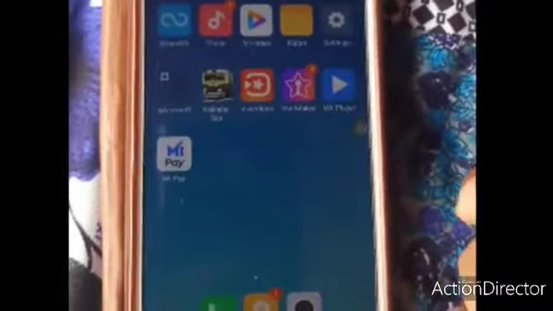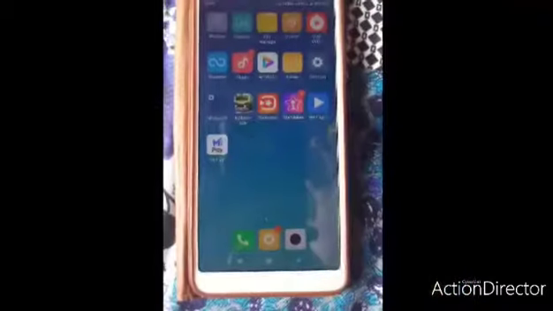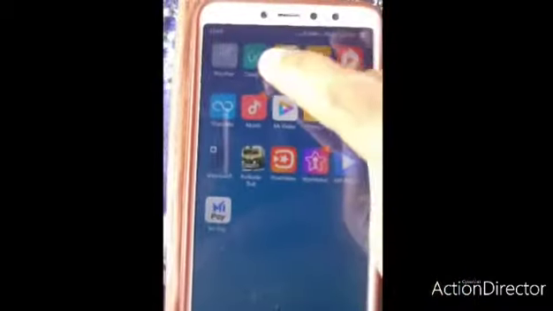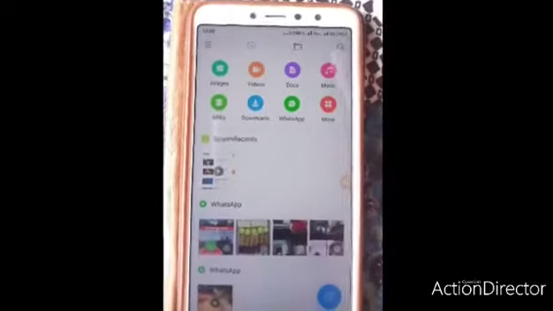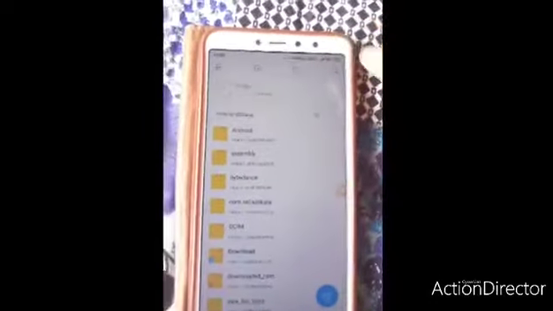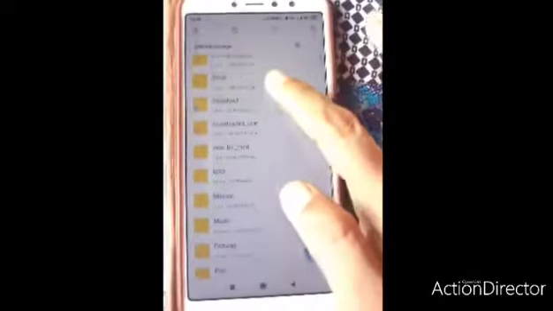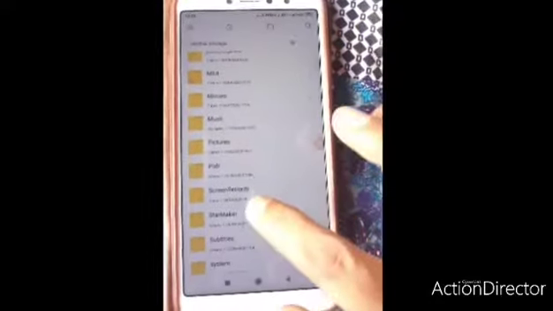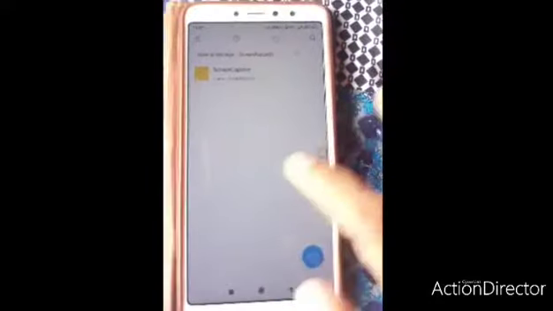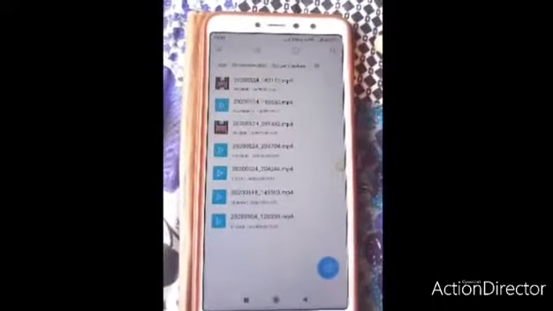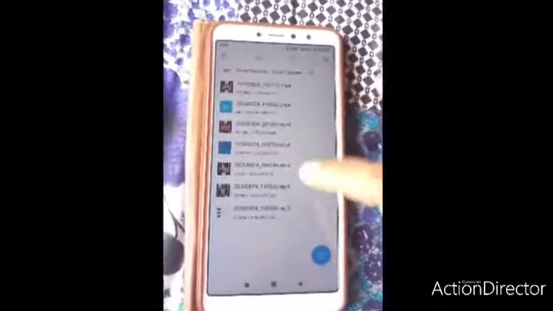Now, how will I find the video which I recorded, where will I find it? I'll find it in the file manager. So I'll be going to the file manager. I'll tap in the file manager. I'll tap in this file sections and I'll come down to screen records. Here you have the screen records. I'm tapping in this screen capture, and you have all the recordings that you have done.